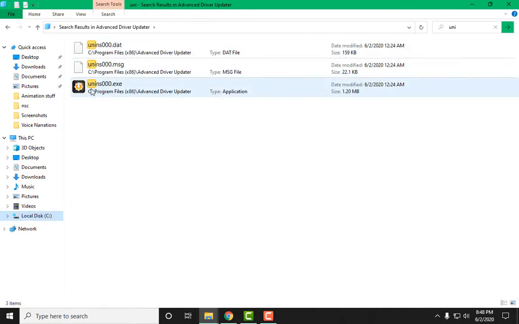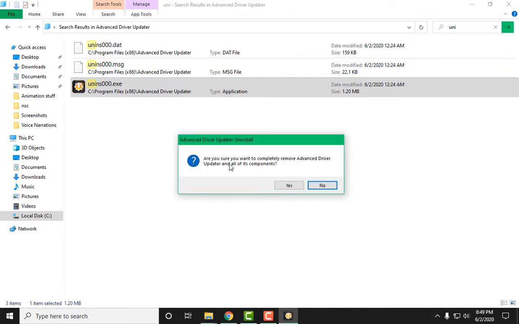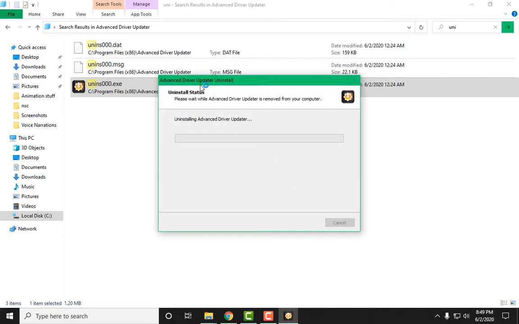Here you will find an application named unis000.exe, or any other depending on the program you're using. Click on it, open it, and it will ask if you want to uninstall all your application's components, and yes, you need to do that. So now it's uninstalling,